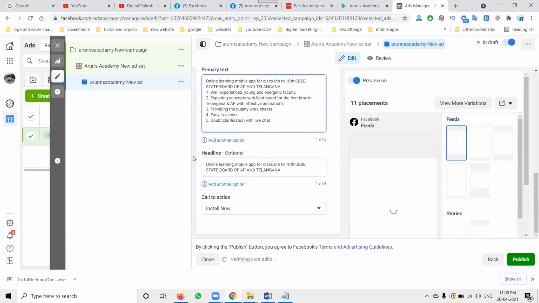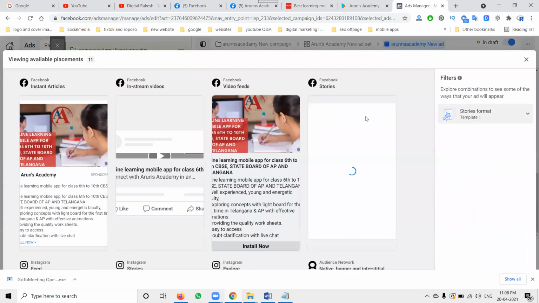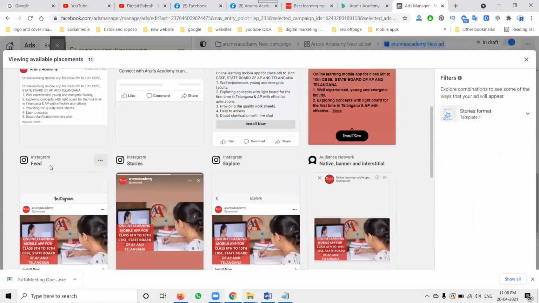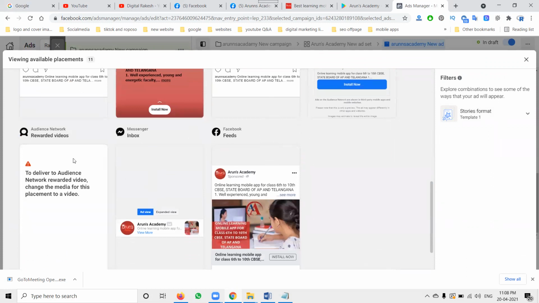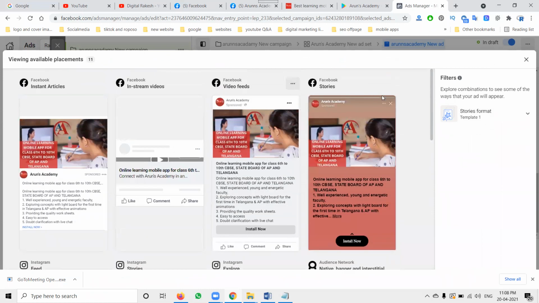So yeah, my main action is called install. That is the purpose. What are the options here? More privileges, view more options, where it will be shown to the customers: instant article, video feed and stories, Instagram feed, Instagram stories, Instagram Explore, native banner and interstitial, audience network, message inbox and Facebook feeds. These are the places where the ad will be shown to the customers.